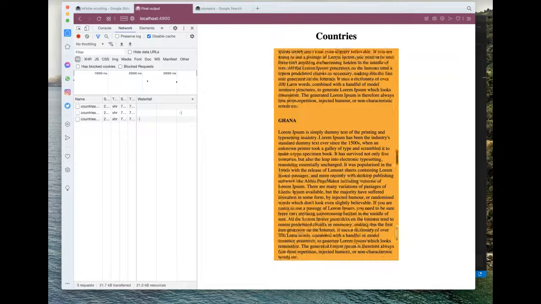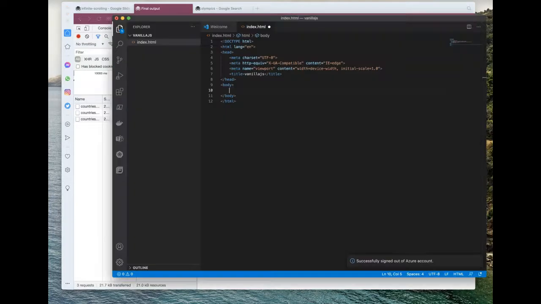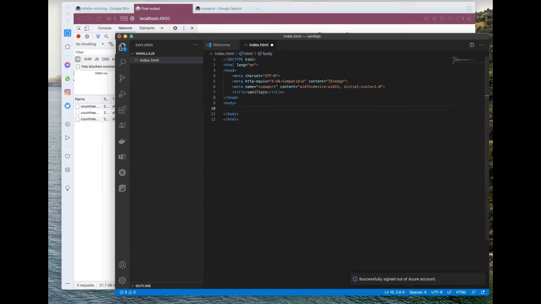This is our final output. This will be the items element, which is scrollable.